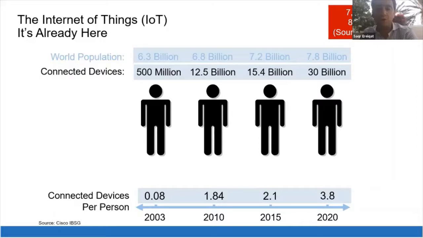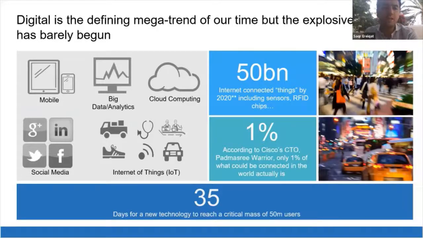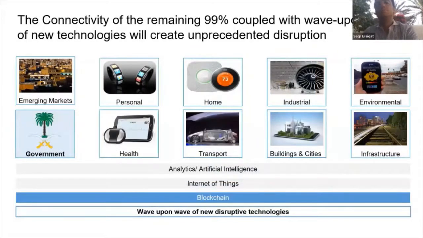As of 2020, we are expecting to have somewhere around 30 billion connected devices. That's 3.8 devices for every human being, right? Now, if we look at these trends and these changes that we're seeing, especially with us being more and more connected, we can see that